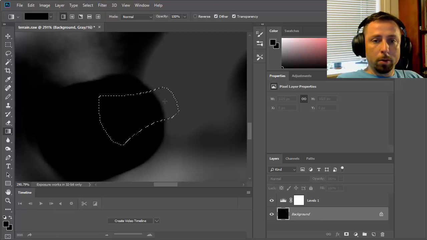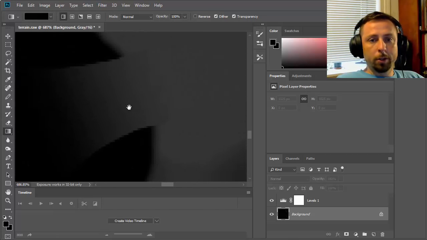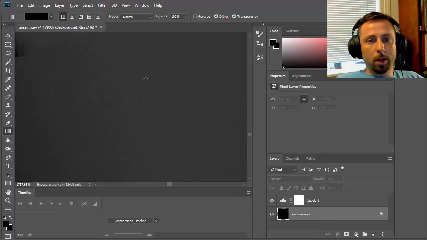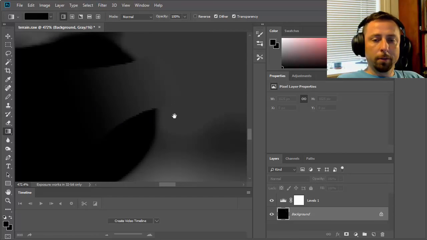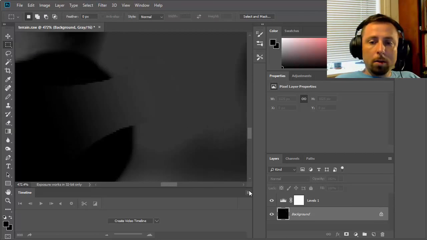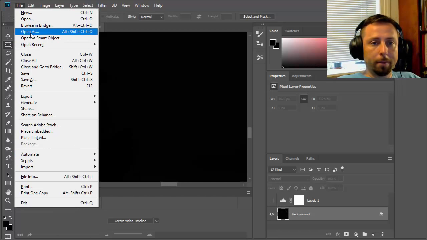Use the gradient tool and paint in that gradient. Now I can zoom in and see that at the top end this matches pretty well, and at the bottom end it fades in nicely. Now in order to get these edits back to Unity, I need to turn off the levels layer, choose File, Save As,